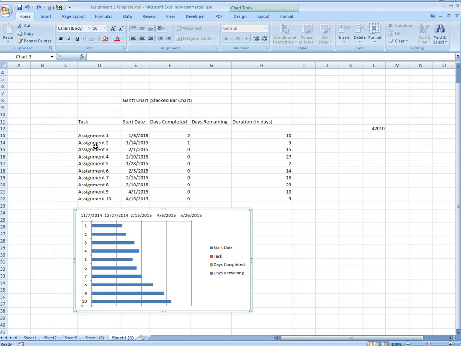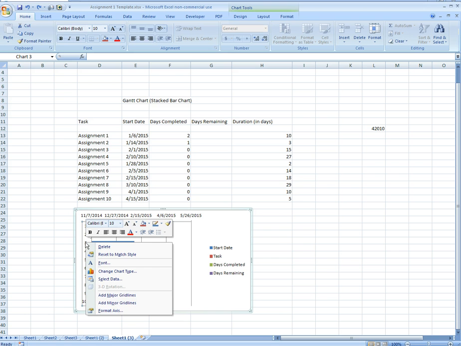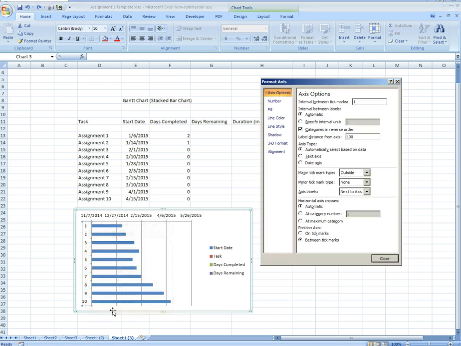Another thing you might notice is that instead of saying assignments 1 through 10, this axis is only numbered 1 through 10. We can fix that by right-clicking, choose Format Axis,